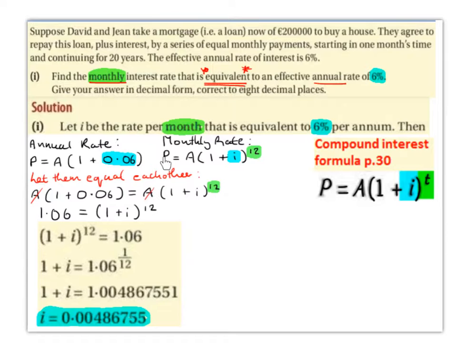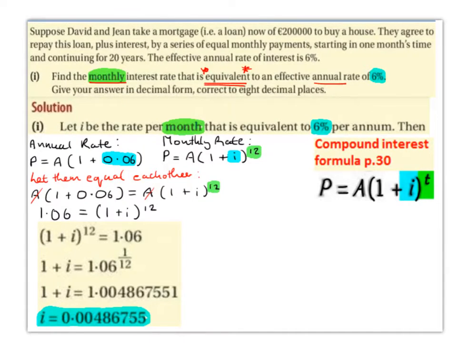Since they're both equal to P, we can let them equal each other. So we have A times 1 plus 0.06 equals A times 1 plus I to the power 12. We can cancel out the A's, so we're left with 1.06 equals 1 plus I to the power 12. So 1 plus I to the power 12 equals 1.06. So 1 plus I is equal to 1.06 to the power of a 12th. So 1 plus I is equal to 1.004867551. So I is equal to